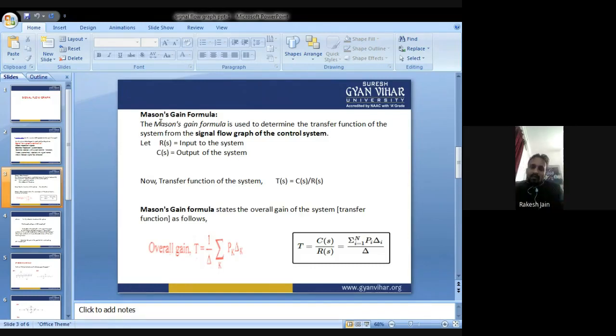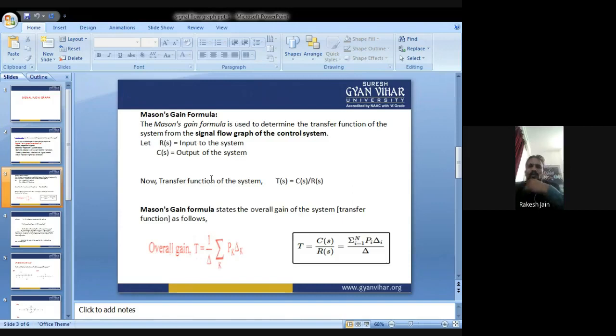So whatever the value written over there, meaning whatever the gain of that branch is, just multiply them with each other in that forward path. That is the total gain, the actual gain of that forward path. So T1 is the first forward path gain, T2 is the second forward path gain, T3 is the third forward path gain, and so on. Now, what is the meaning of del 1, del 2?